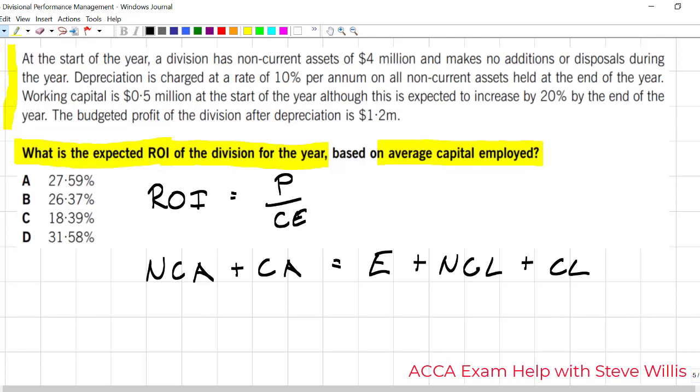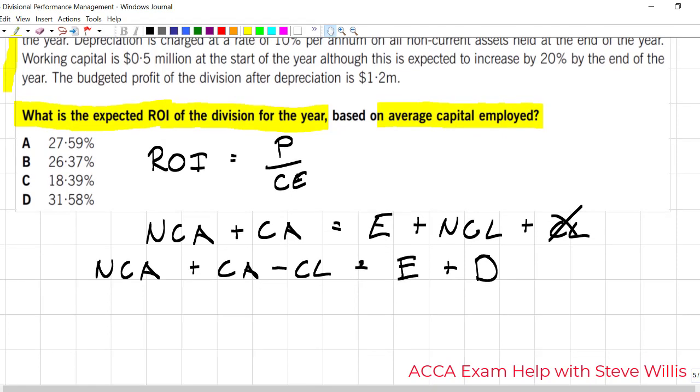Now, we can tweak this equation a bit. We could say that the NCA, the non-current assets, plus the current assets minus the current liabilities, we take it off of here, will be equal to the equity we have plus the long-term debt, equity plus debt. Now we can rename some of this. Non-current assets plus the investment in our working capital is equal to my capital employed, right? That's my investment in the company, everything that I took out of my pocket as a shareholder and what I borrowed from the bank, capital employed.